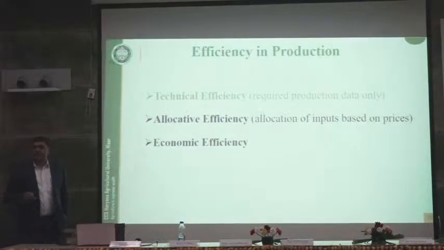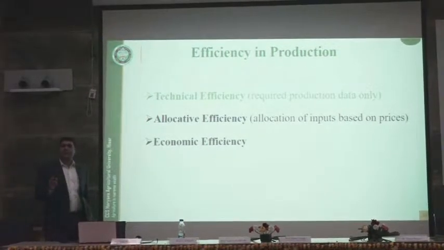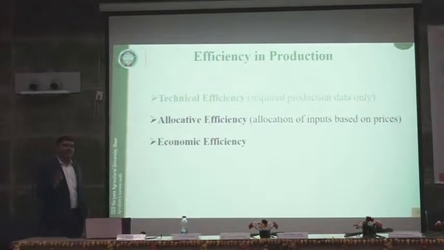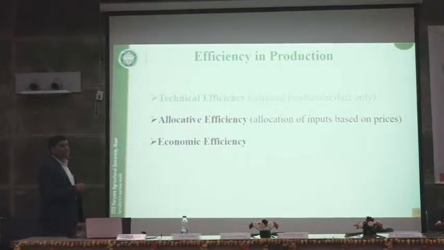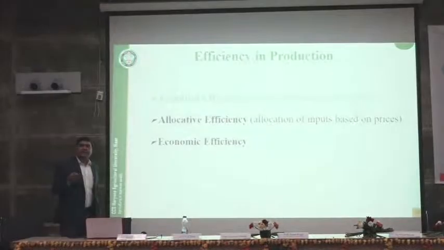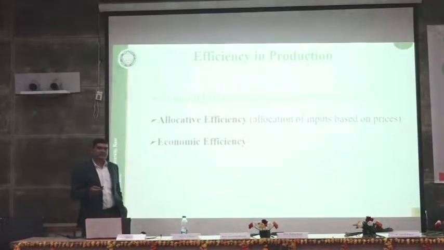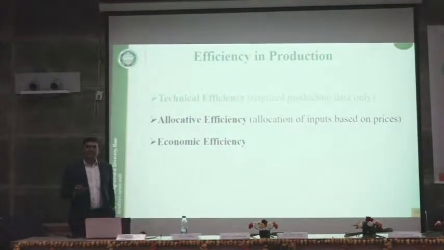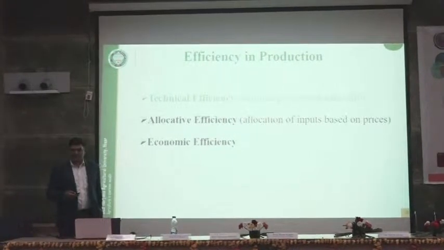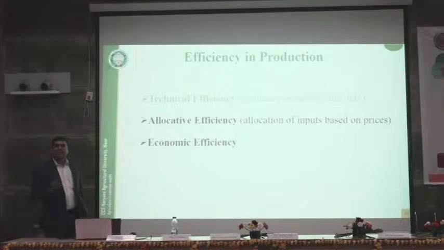In technical efficiency we need the production data only. There is no need of price data. But in case of allocative efficiency, you have to allocate the inputs according to the prices. So price data is a must in case of allocative efficiency. And then economic efficiency, you can simply multiply them. Simply multiply the technical efficiency and allocative efficiency, you will get economic efficiency. Okay,